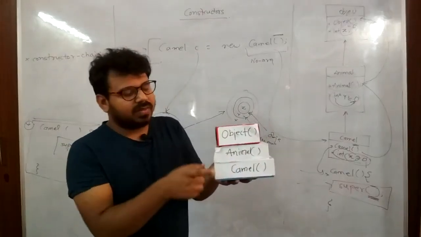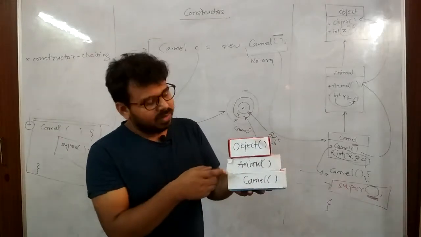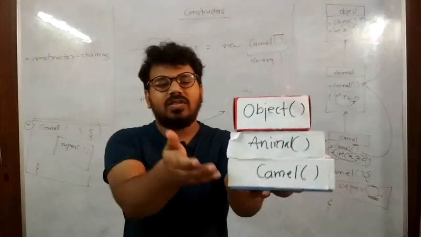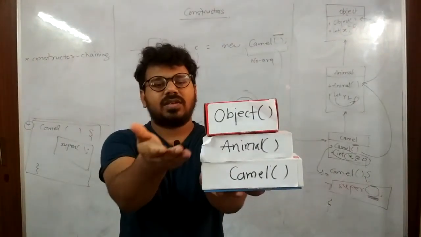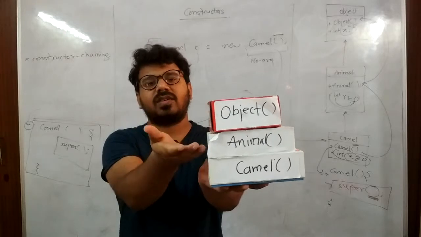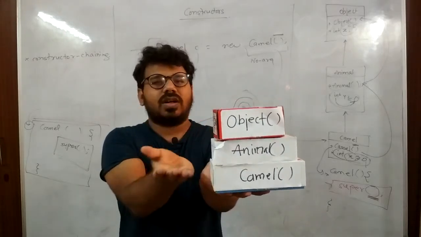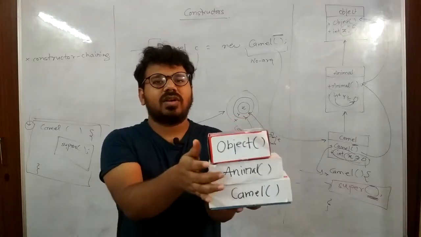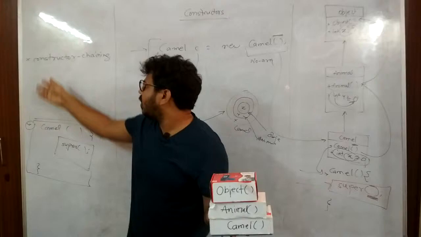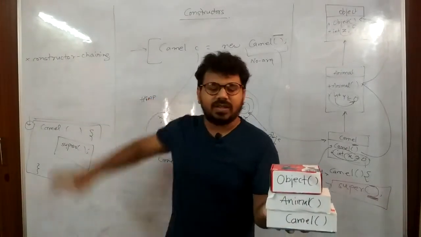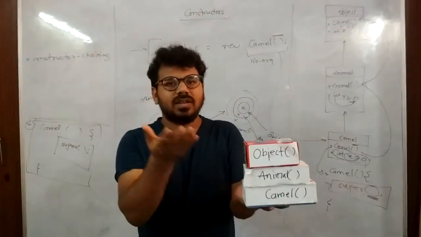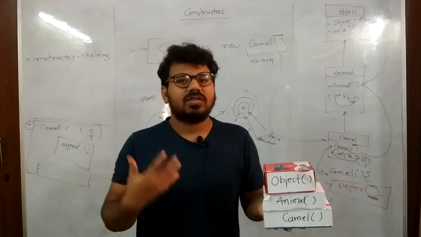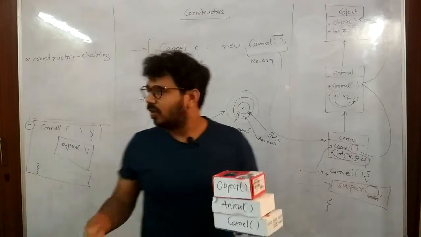So see here, this camel constructor calls this animal constructor, and this animal constructor further calls this object constructor. So a constructor calling another constructor, that is a super class constructor, and this constructor calling its super class constructor. So a chain of calling constructors is started, and this term is called constructor chaining. So here you can see constructor chaining, that is constructors calling another constructor and further this constructor calling another constructor. So this term is known as constructor chaining. Okay,